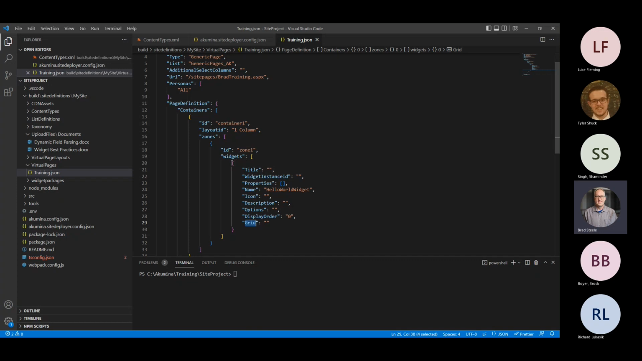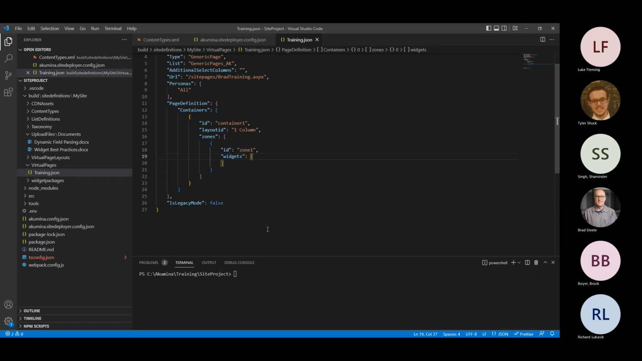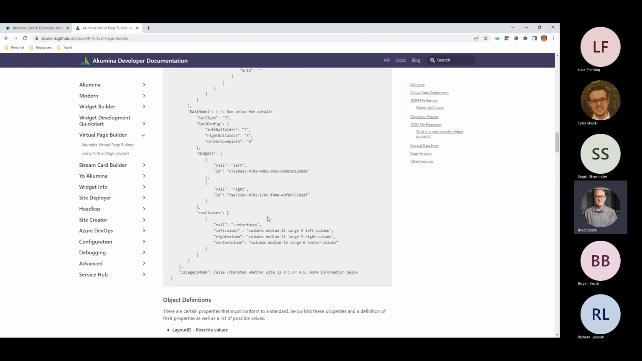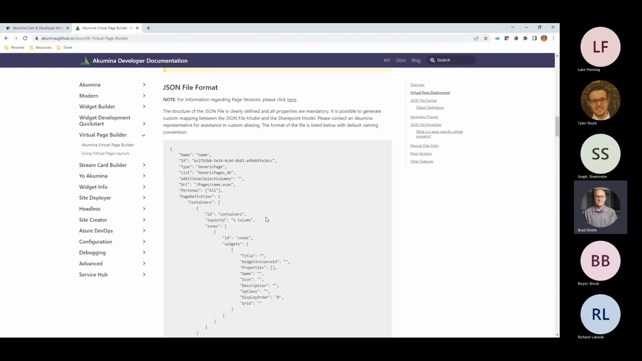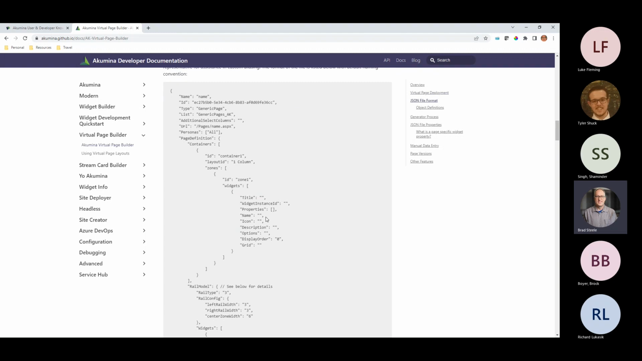Now, we're not going to put this widget in here today. We're going to do that tomorrow. So I'll take that right back out. And as you can see, you can have a zone that just has nothing in it. If we go back over here to the Learning Center, I'm going to scroll back up here. And we're going to look at 2 other examples. So here's an example. Again, it's a 1-column, 1-zone